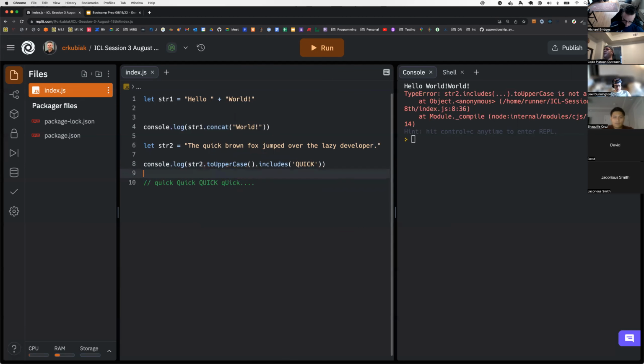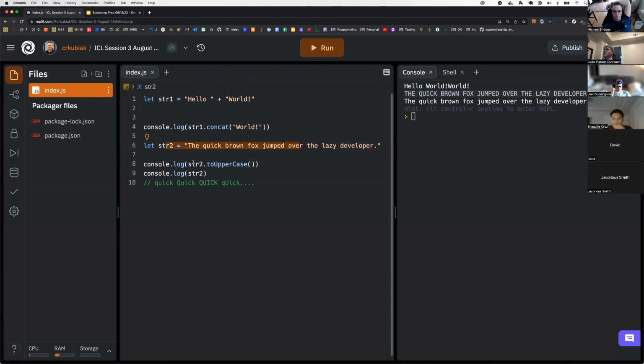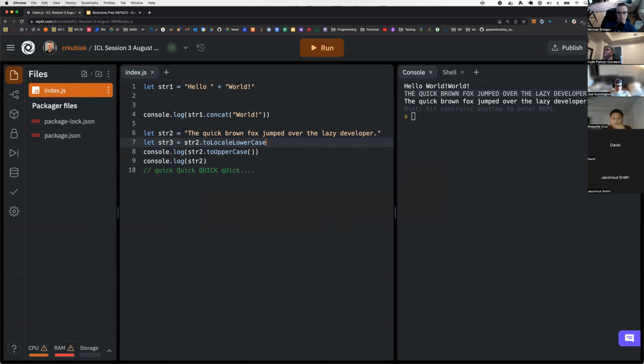Notice how when I do this, toUpperCase, I get that, but then when I come back to string 2, it is still in standard sentence case. So it doesn't mutate in place. It does not change what string 2 is equal to, it only changes what I'm sending to the console. This is not permanently altered. What I would have to do is say let str3 equal str2 dot to